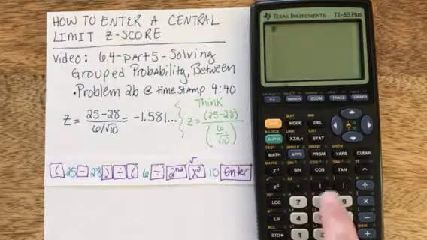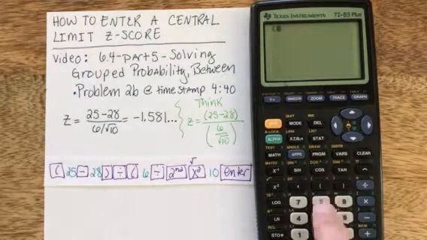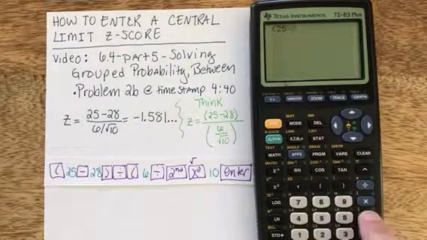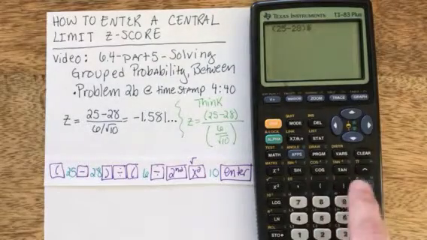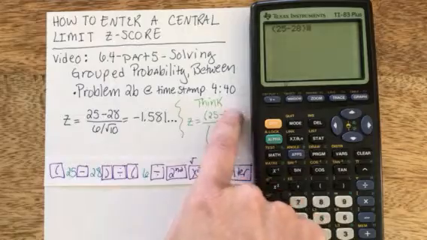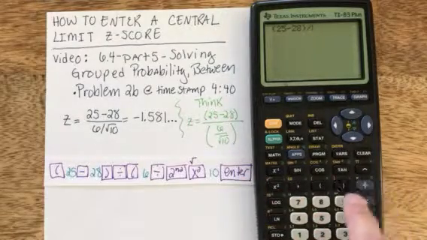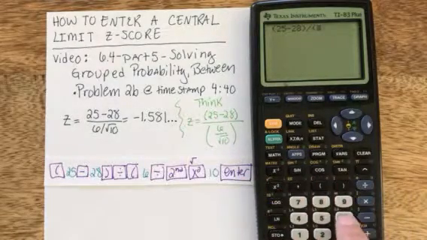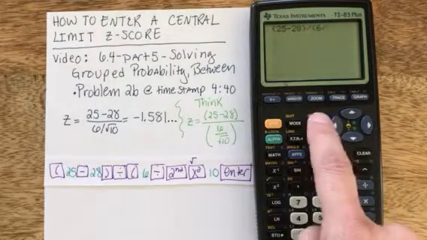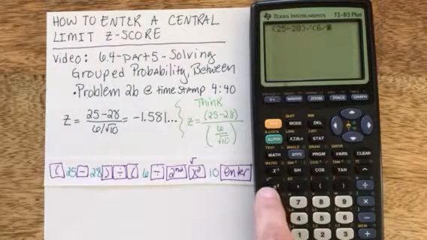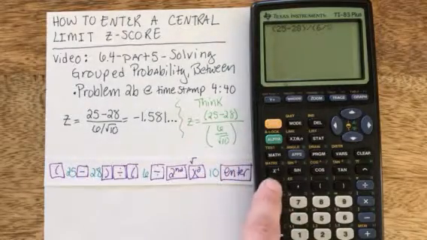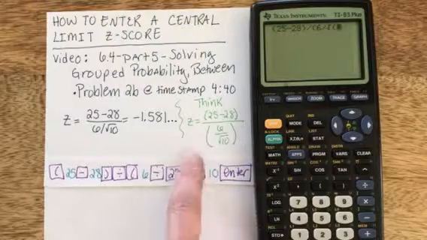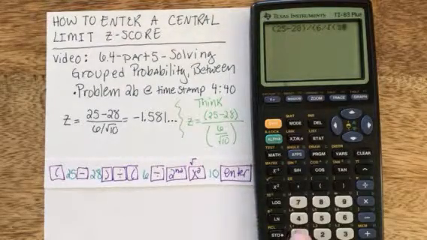So anyways, I start off with parenthesis located right above the 8, 25 minus 28, end parenthesis right after the starting parenthesis to finish off my numerator, divided by parenthesis 6, and now I want to divide by the square root, but you'll notice the square root is in yellow above the x squared, so I need to hit my yellow second button and then the x squared button so that I actually get the square root and enter a